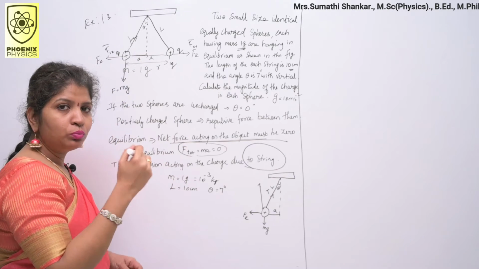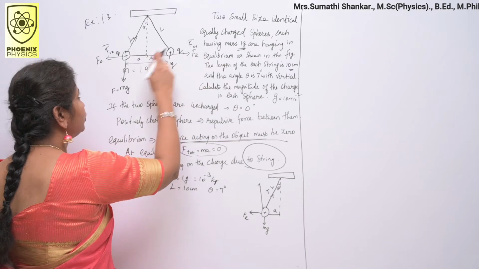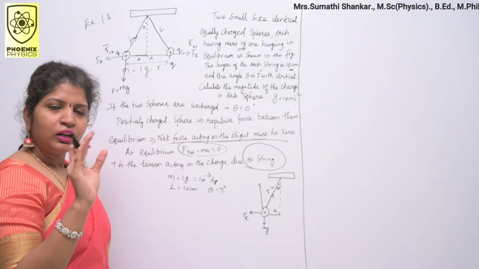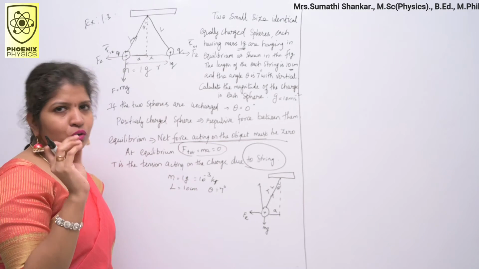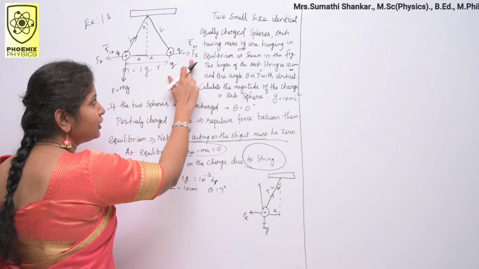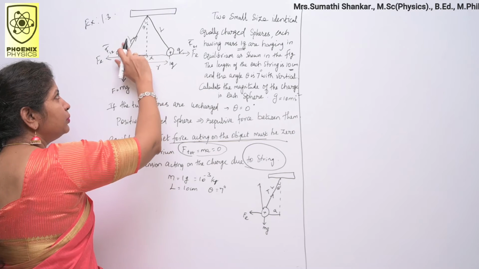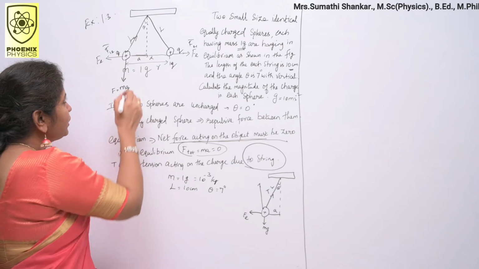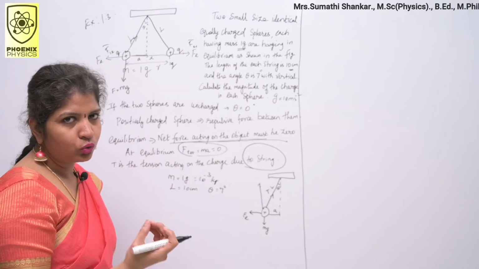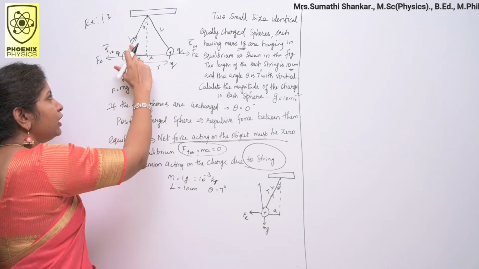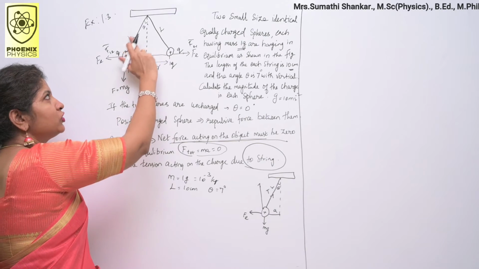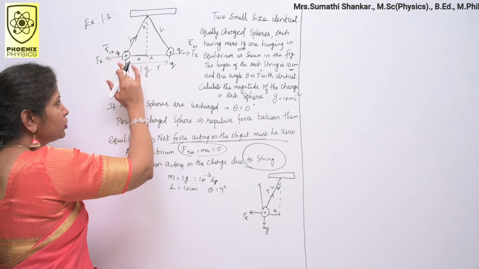In our Coulomb's law, we mark this as F21 and this as F12. All are nothing but the electrostatic force, which I named F suffix E. The length of the string is L. The mass of the sphere is M. The gravitational force acts in the downward direction like this. Same way, the tension on the sphere due to the string acts in this direction, just opposite to this force.